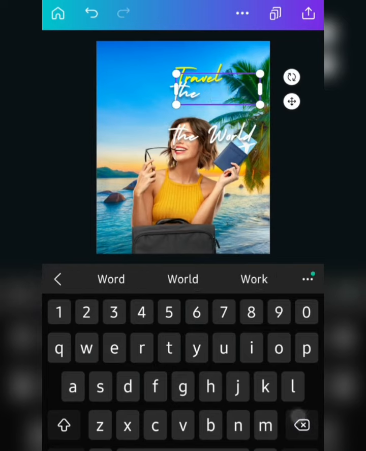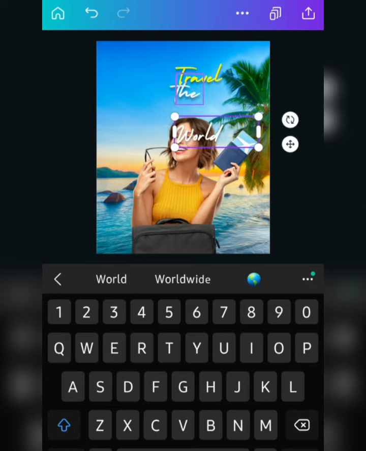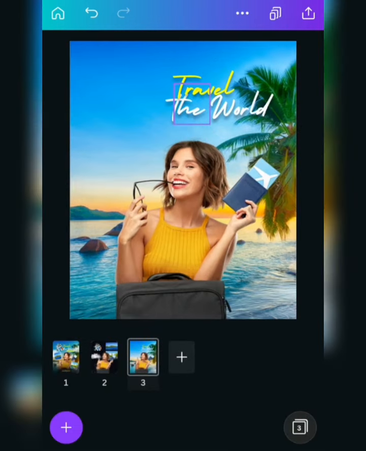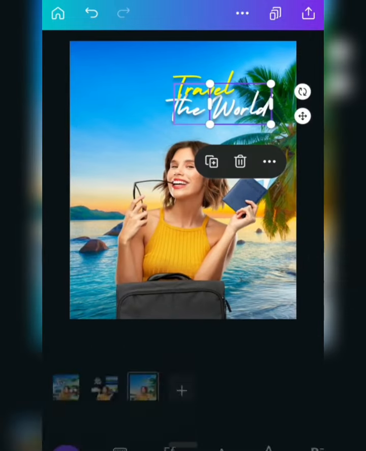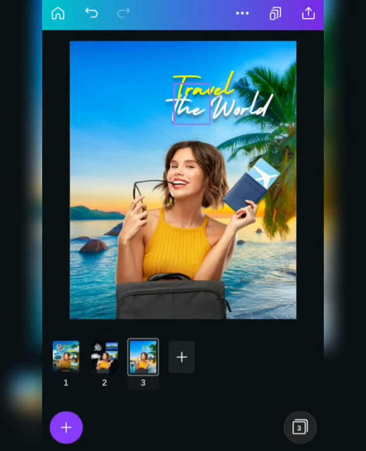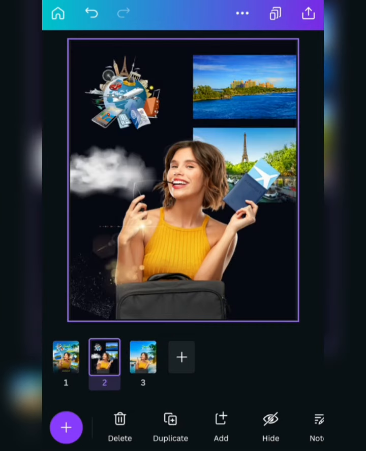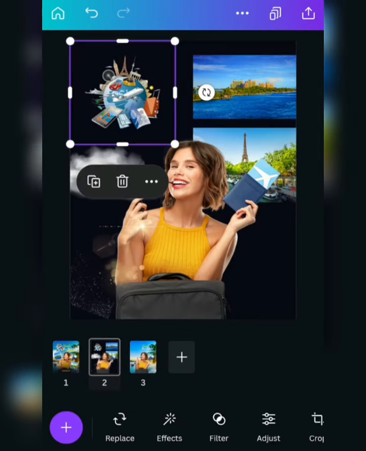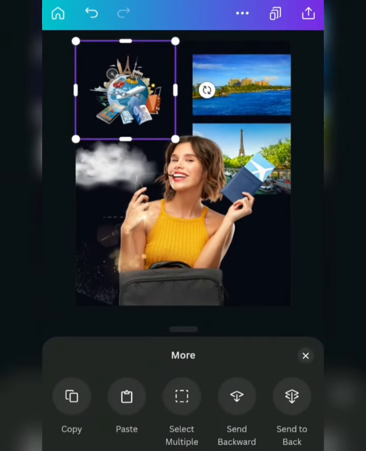I'm just going to delete this world, come over here, delete the D, and take this up over here, and voila, it looks much better than before. Great. I just have to duplicate this page. I do not know why that is showing over there. So I'm going to come over here to this element that is descriptive of traveling the world, and just copy it